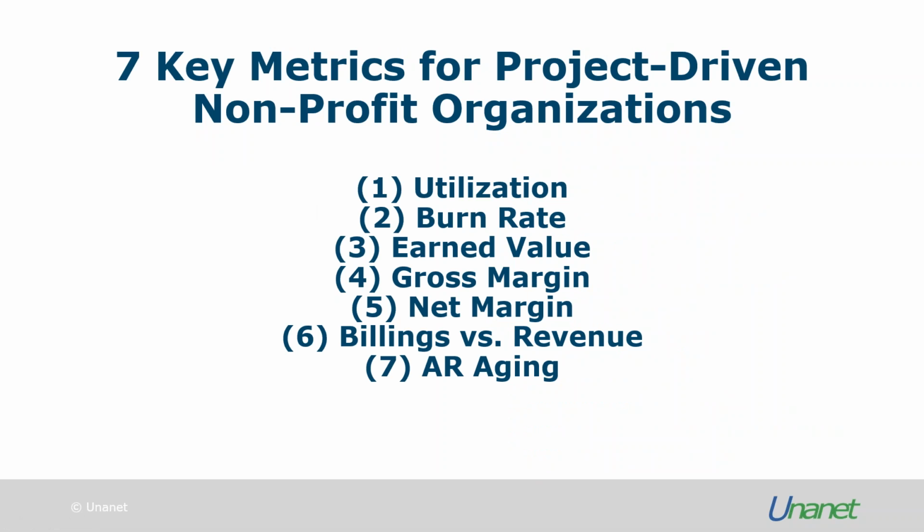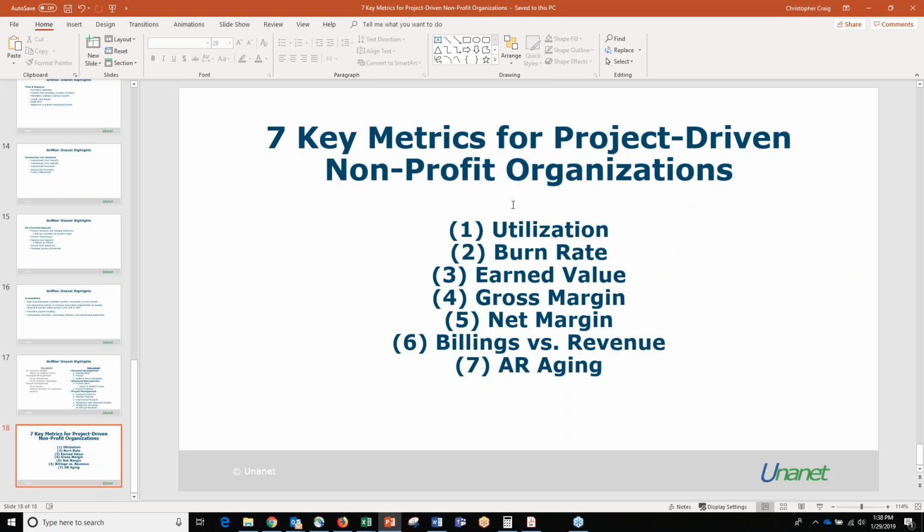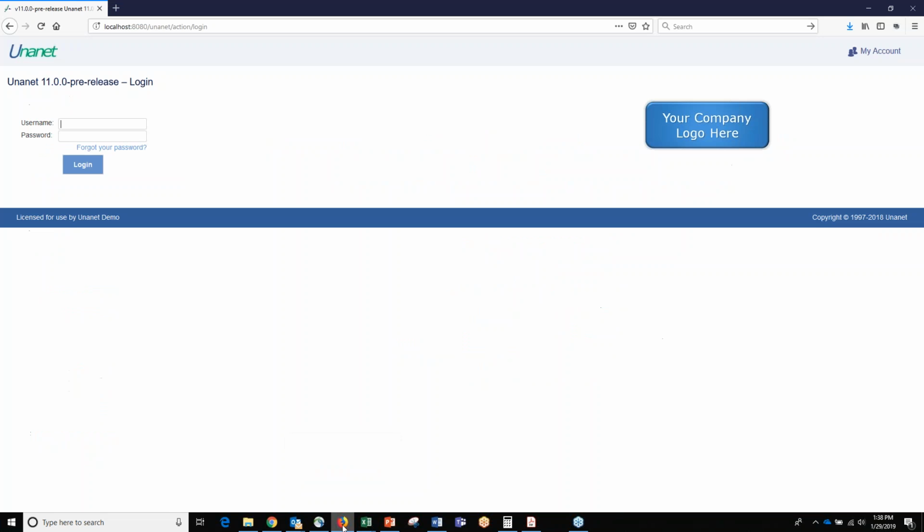So Regan will stay on, and now I'm going to switch over to Unanet and actually go through some of the metrics that Regan talked about and just make sure everyone's on the same page as far as how they're being calculated and why the data is important and when to use the data. So it's hard to pick 7, but I picked these 7, and I'm going to add in the project revenue and funding summary report as well.